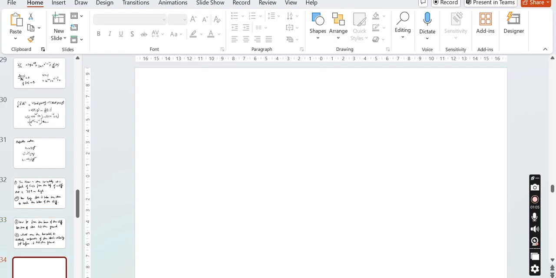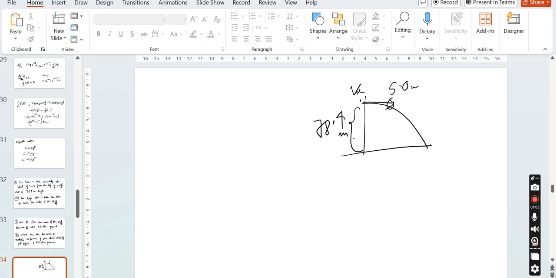So basically, this is the cliff. This is 78.4 meter high, and the horizontal component of velocity, that is v, is 5 meter per second. So we need to obtain the time t. This is how much we have that has gone, and what was Vx and Vy at